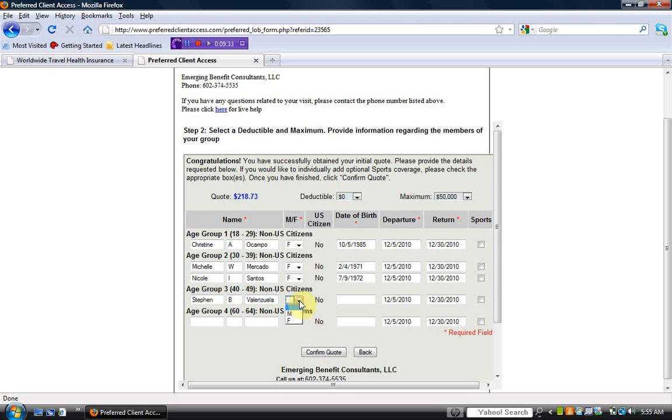So we're going to round out our group here. We now have a gentleman who's 40 to 49, so we're going to come up with another date. And we've got our final